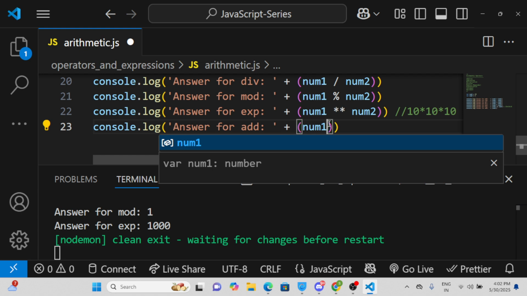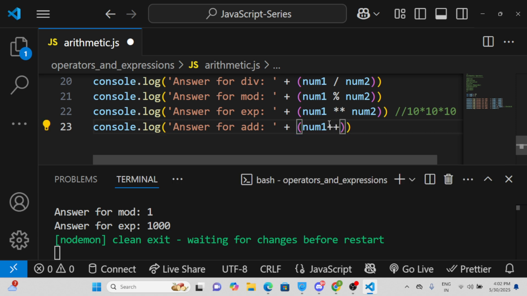If we place plus plus at the right of our variable, we are going to get the same value, but there will be a change made. What is happening under the hood is that the num1 value is going to get printed, and then after printing,